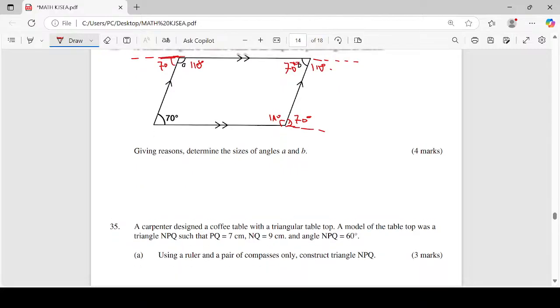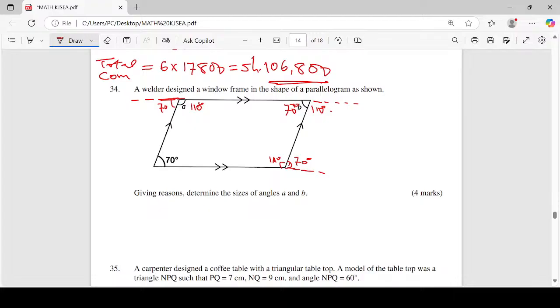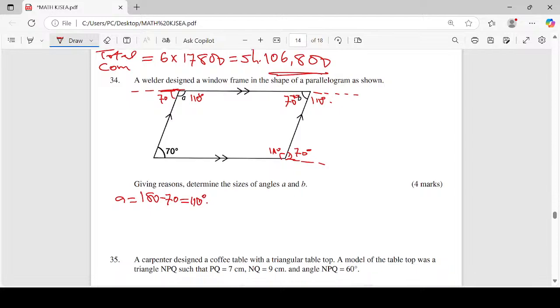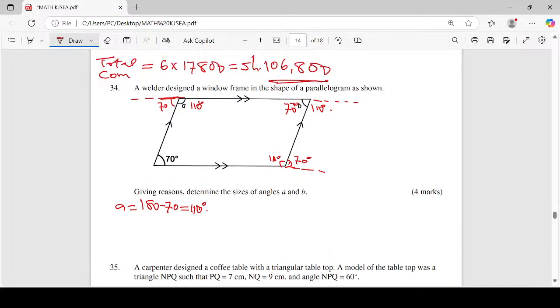So the one giving results determines the size of angle A. Angle A is simply obtained by saying 180 minus 70, giving me 110 degrees. And the reason is corresponding angles, co-interior angles, add up to 180 degrees. Giving reasons, you can say here any reason. You can talk about angles add up to